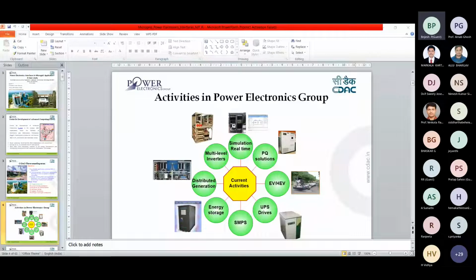All are connected in a microgrid, and at a single point you can see a synchronization switch here. At a single point it is connected to your utility grid. So you can complement the utility grid, or you can isolate from the utility grid and work in a standalone mode. That is the basic architecture of a microgrid.